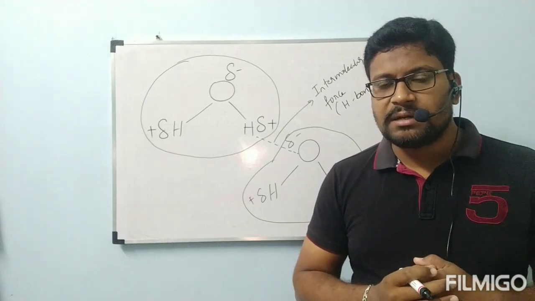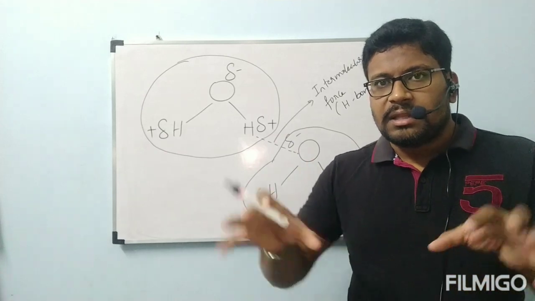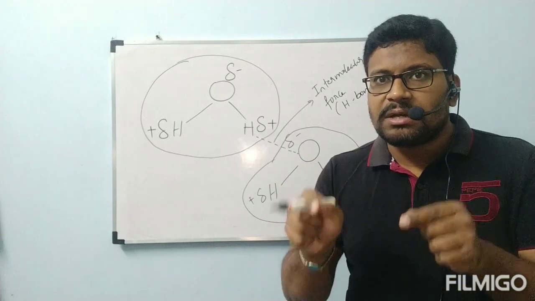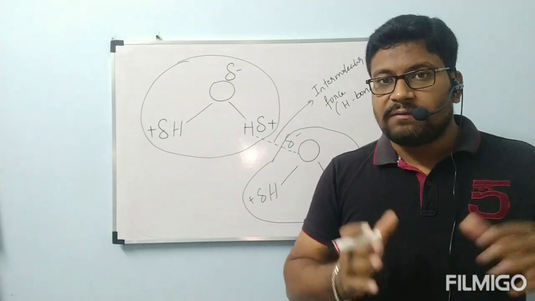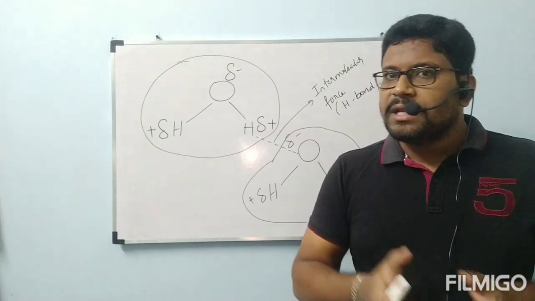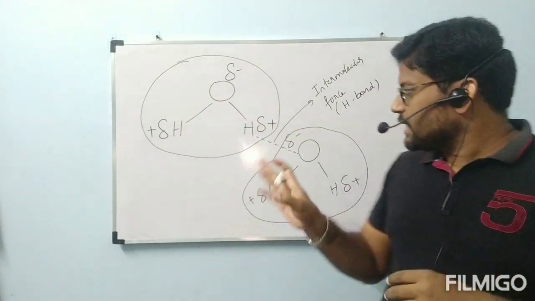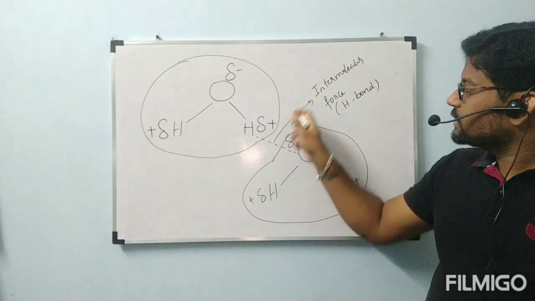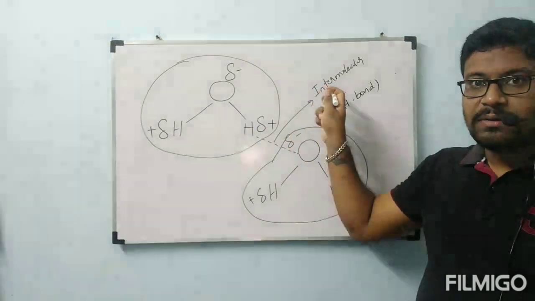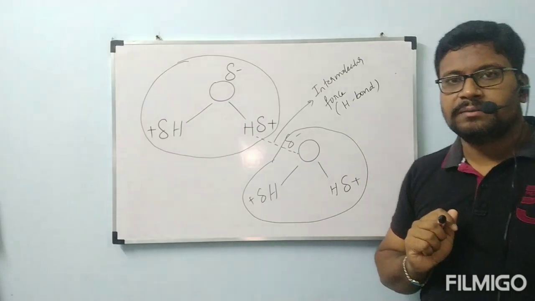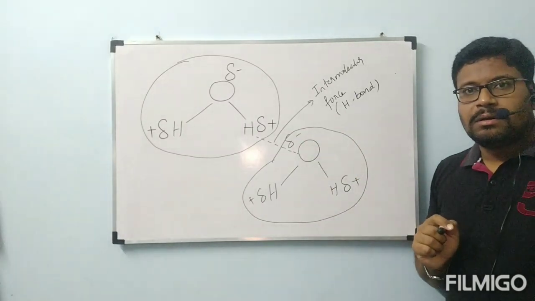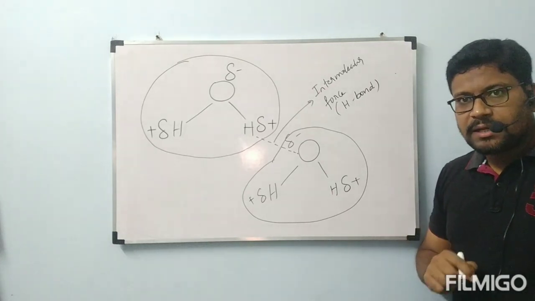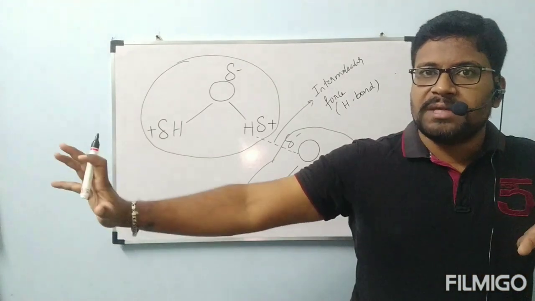You have to remember, please understand, at room temperature, the intermolecular forces present in this water molecule are enough to keep that water in liquid state. Not very high like in solid, not very low like in gas. They are present like this. Between one water molecule and another water molecule, we have this type of force, intermolecular force. That intermolecular force is called hydrogen bond. Because of this hydrogen bond, the molecules are not very far away from each other.